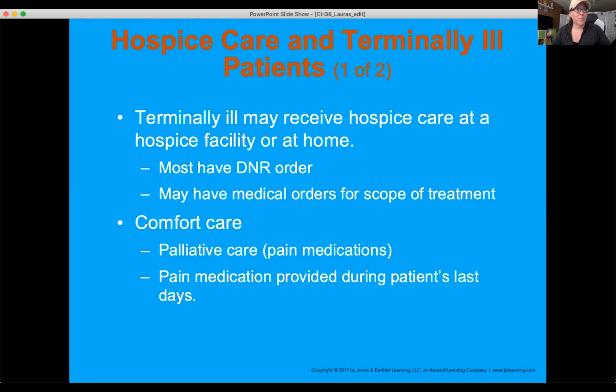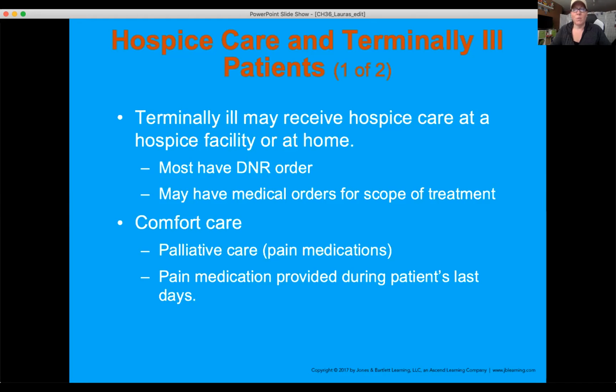Palliative care is when people who are basically in the last few days of their life are given medication to make them comfortable so that they can die either at home or in a care facility. And it's medication strictly to make them comfortable. So for DNR patients and patients that are on home hospice, the families are educated by the medical team that is taking care of that patient.